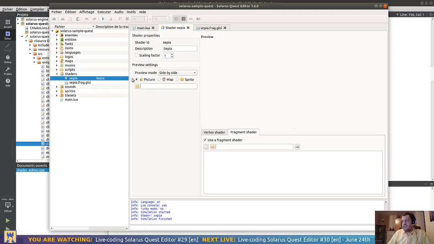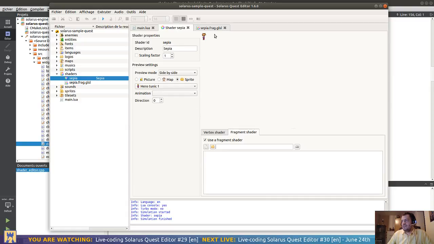And we want this view to be able to show the user what the shader will look like on any input picture. So you will be able to choose a picture here, and the preview widget will show you how the shader will affect this example of picture. So for now I can choose a sprite. I don't know, let's try to find a big one. Anyway, the hero. It shows up here,